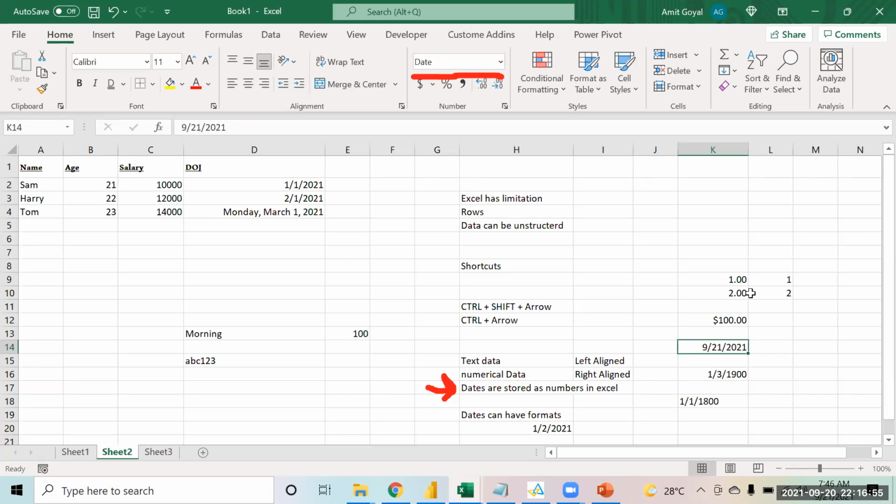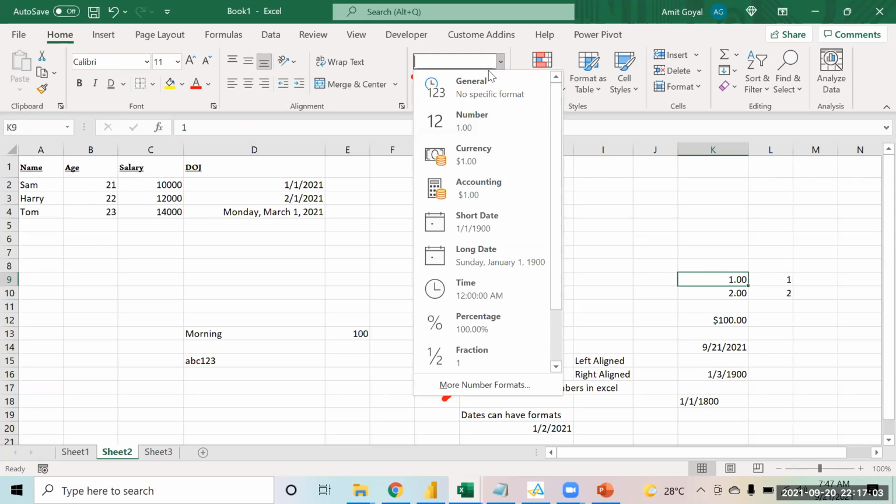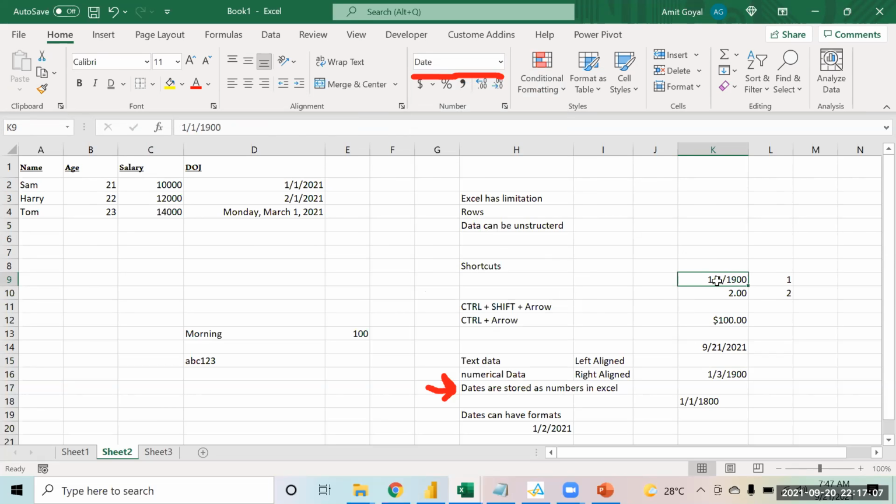Because what Excel is doing is just incrementing the numbers. 1st Jan 1900 is stored as number 1, and since then the numbers are just getting incremented. So 30th Jan 1900 will be stored as number 30, 31st Jan will be stored as 31, 1st of Feb will be stored as 32. So that number is just getting incremented.